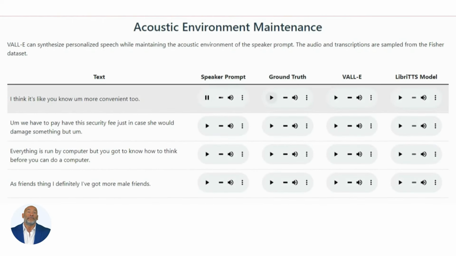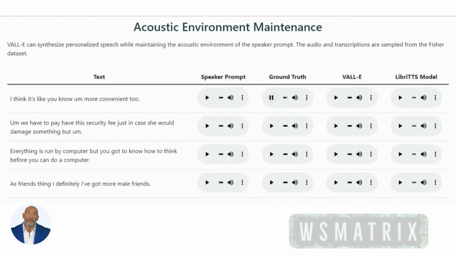Pay close attention. Right. What'd you like about One Flew Over the Cuckoo's Nest? I think it's like, more convenient too. I think it's like, more convenient too. I think it's like, more convenient too. I think it's like, more convenient too. We have Japanese fighting fish.